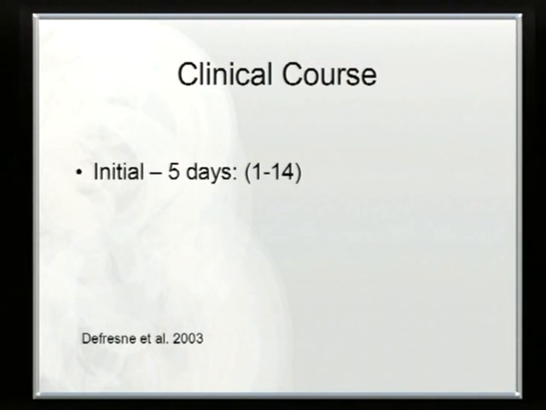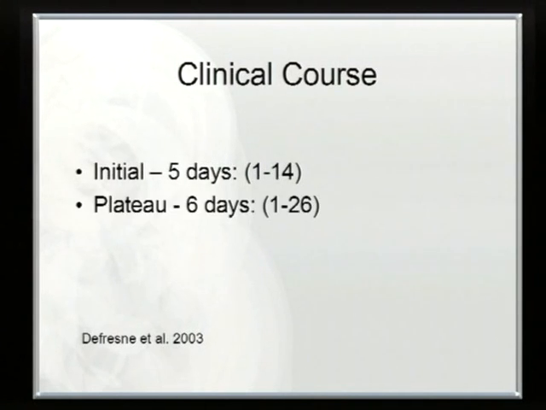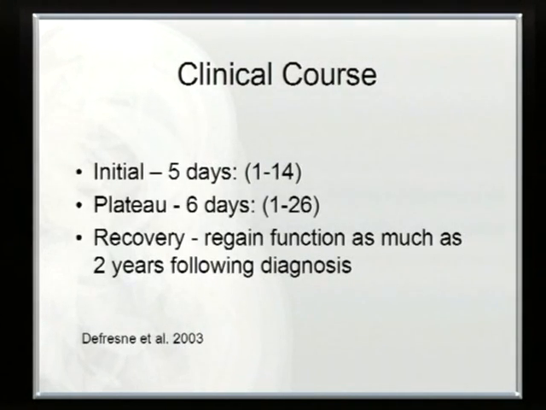Another way of looking at the presentation of transverse myelitis is the clinical course, and this touches upon what Doug mentioned in the previous lecture when he talked about the definition of acute onset, and is it different in kids? These time frames were presented by Dr. D. Fresnay in the recent article that he published, and he broke up pediatric transverse myelitis into 3 phases. An initial phase where you progress to your worst,